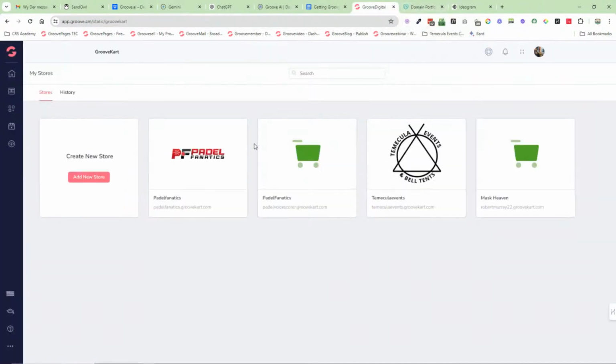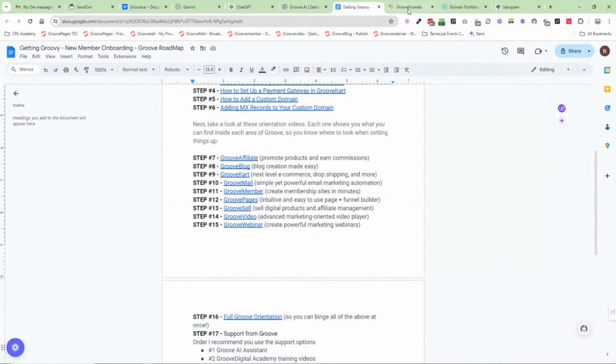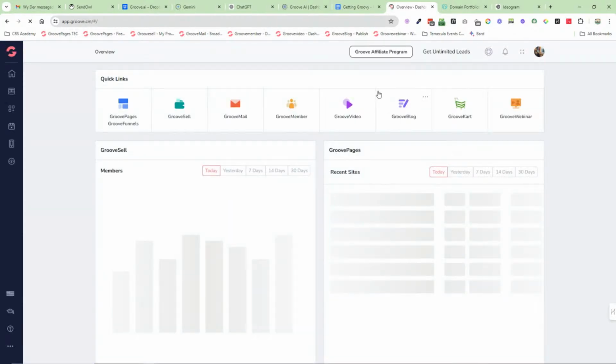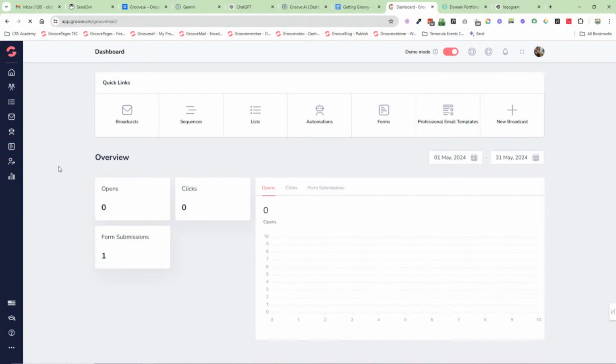So let me come back out of there. Let's go into Groove Mail. Again, unless you've been living under a rock or unless you're brand new, we've had some challenges with Groove Mail. When we first launched, we had a lot of unscrupulous people uploading bad lists and bad data, and it's our fault. We should have probably done more rigorous testing at the beginning. Again, sidebar, quick links over here.